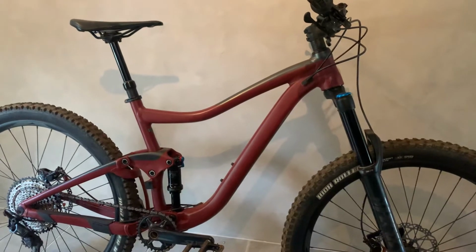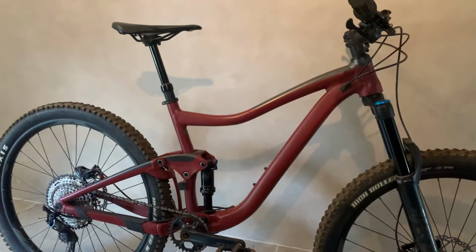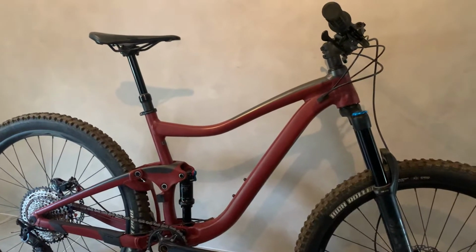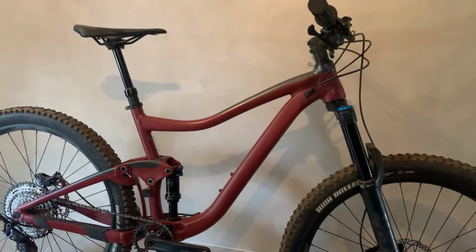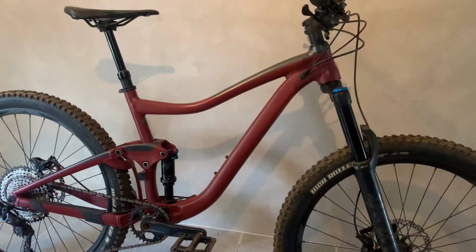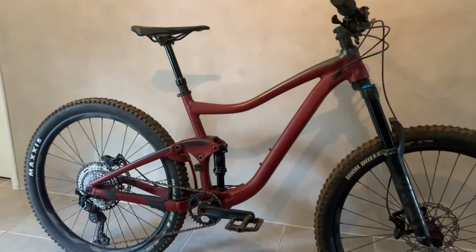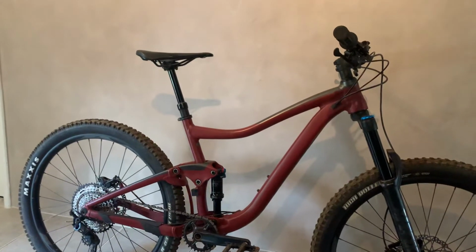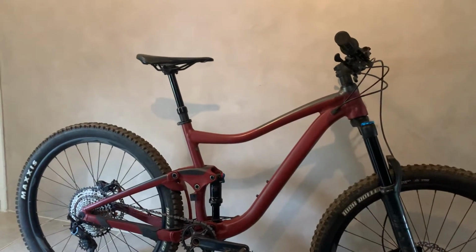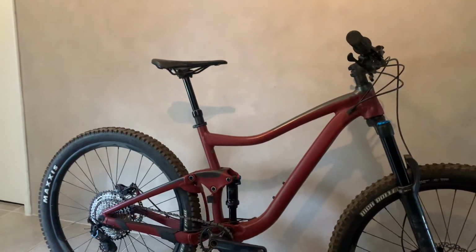This one also comes stock with a Giant Connect dropper post, which the previous model that I had, the 2017 Trance 3, did not come with a dropper seat post, which I believe it should have. I ended up putting a Brand X internal one on when I converted it to 1x, but this one is a lot better. For the size of the bike, it could be a little bit longer. I probably need another 20mm on that, but I can bring it up from the seat post, but I might just change the actual dropper post itself